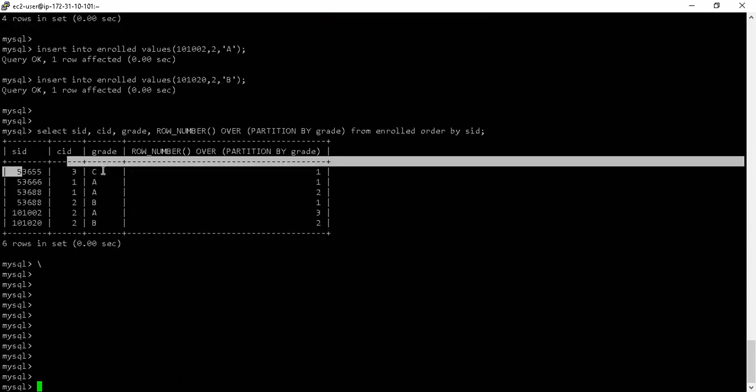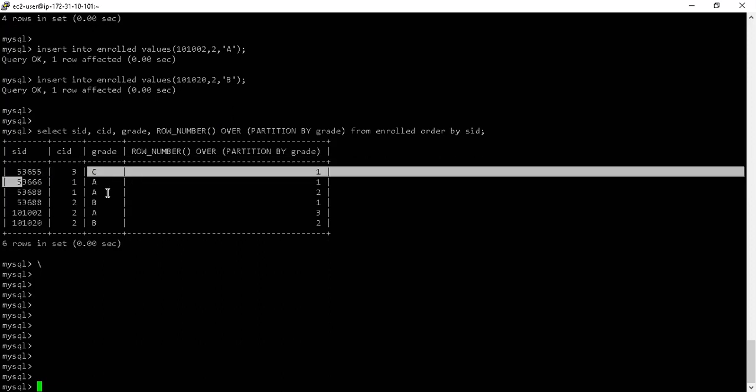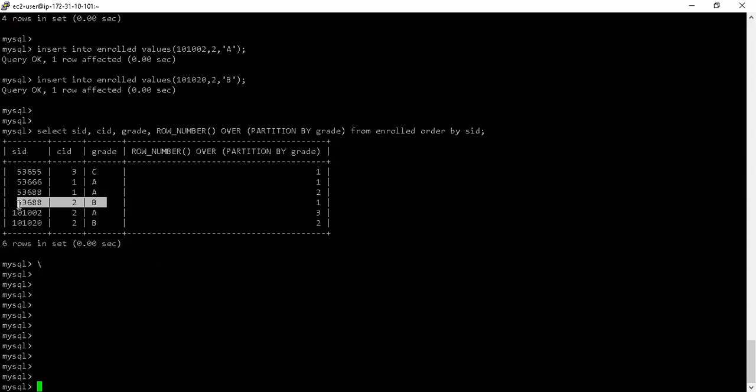The first row, the second row, and the fourth row are entirely unique. Then it has created a second group with this row, and then it has selected this row. And in the third group, it has selected this row, right? The reason why this is happening is because it is going by the order of the student ID that I have specified. It is simply going by the order.